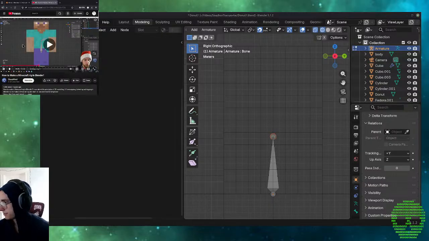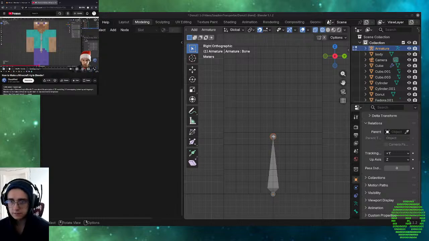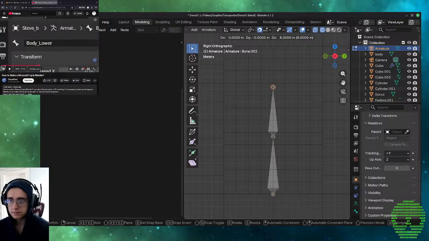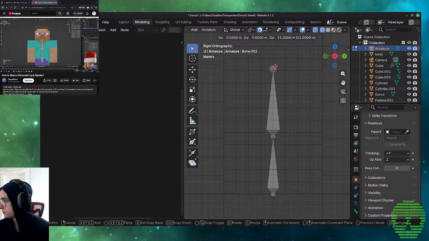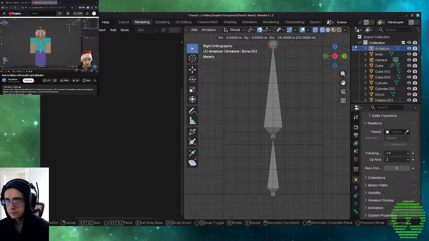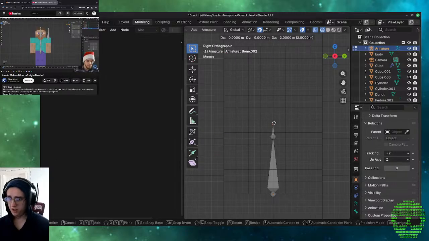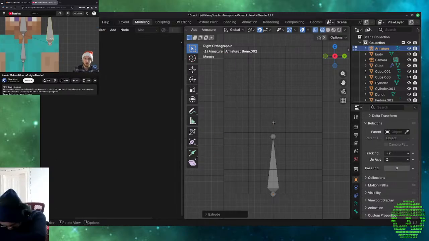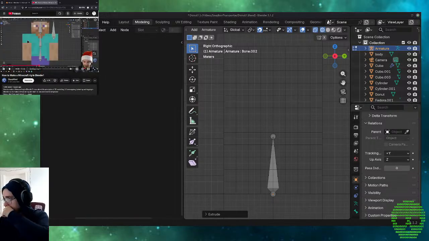Wonderful. Okay. A new bone by pressing E, and I'm just gonna put it up here. It's usually nice to rename things. So body lower, body upper. And now I'm gonna extrude another one for the head. Okay, so now that we have this, I'm gonna click on the head thing. I'm gonna duplicate it and move it out like this. So I positioned it in the place of the arm. Now here's